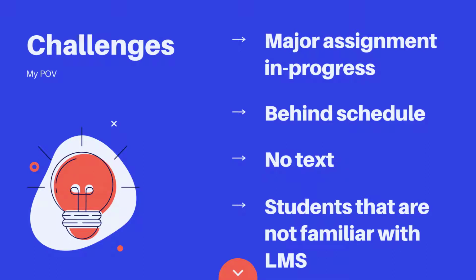So we're in the middle of a major presentation assignment, and less than half of my students in the class have presented their assignment at this point. So we started last week. We got through, at this point, less than half, and we had the rest of this week designated for the rest of the assignments. And then the week after spring break, anybody who missed their assignment due to illness or whatever, they were going to present during that time.